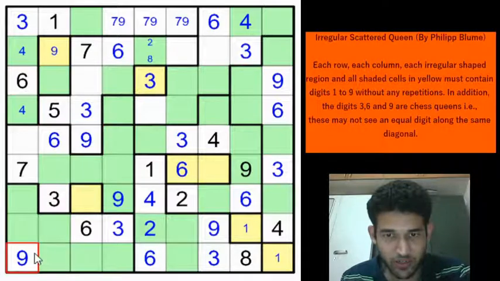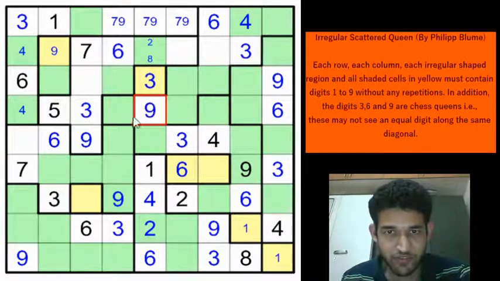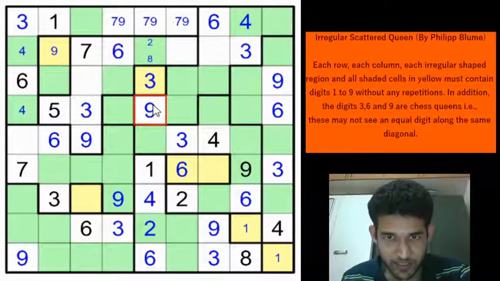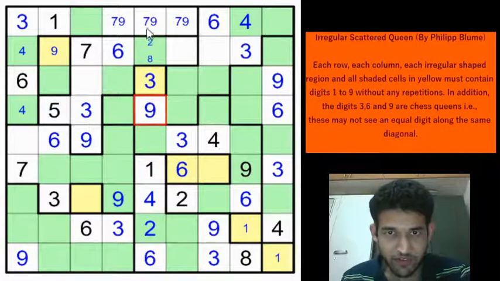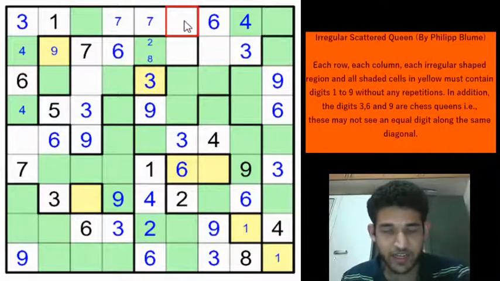And 1, 2, 3, 4, 5. Okay, row 4 we can place the 9. Only one cell left. We can place immediately 6, 7. And now for this row we have to place the 9, right? So 9 is here and 9 is here. In fact, we can place the 9 in row 1 now. We can't have the 9s in these 2 cells. So we can eliminate the 9 and place the 9 directly here.